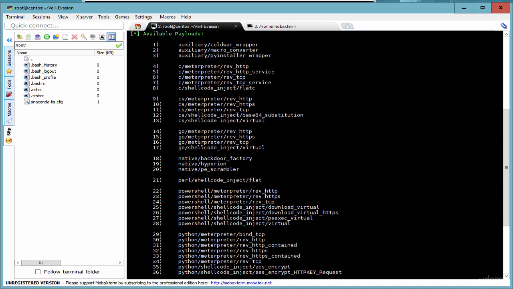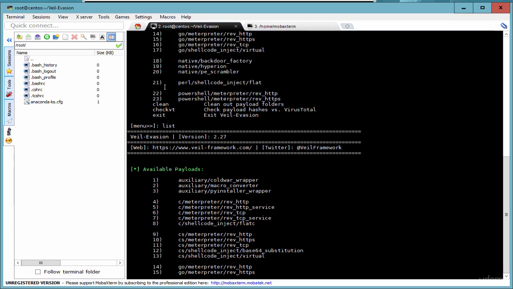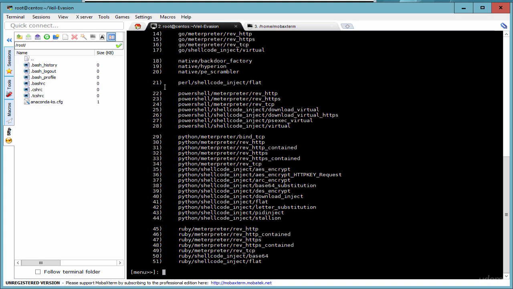So let's go up and have a look at what else there is. There are PyInstaller wrappers, there are Cold War wrappers. Again, you can find information on all these different types of payloads when you get an opportunity to do so. If I want the info on this particular reverse TCP payload, I can simply type in info and then type in the number, which here is, let's look at number